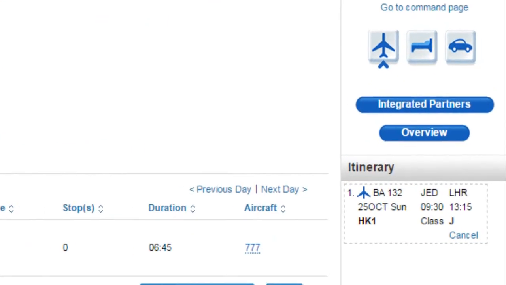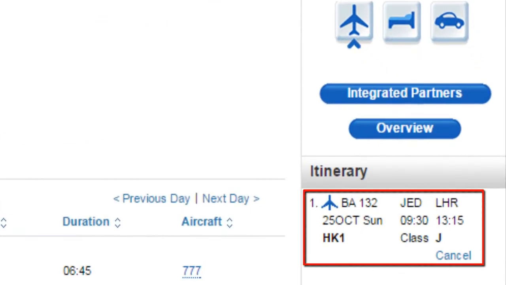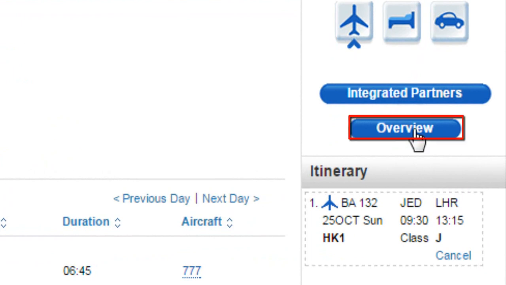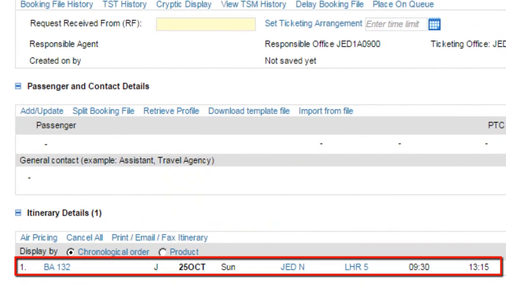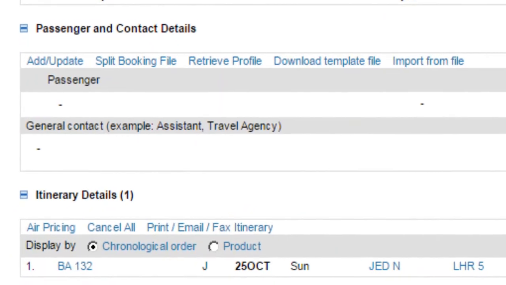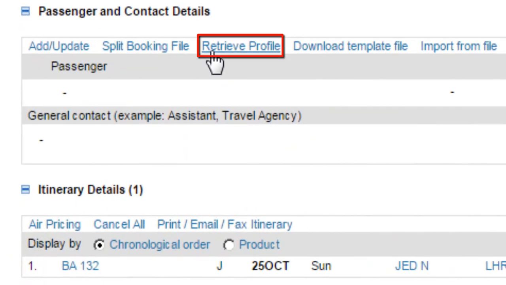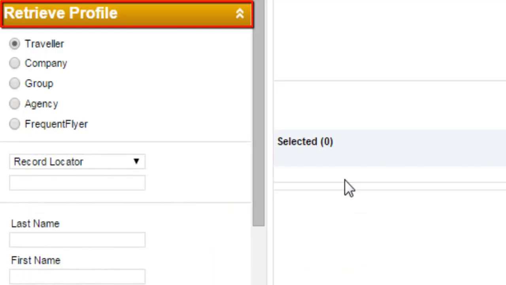Another option for transferring a profile: the booked flights are placed in the itinerary section. Click on the Overview button. Here are the booked flights in the itinerary details section. Retrieve the profile link from the passenger and contact details section. From the Retrieve Profile option,